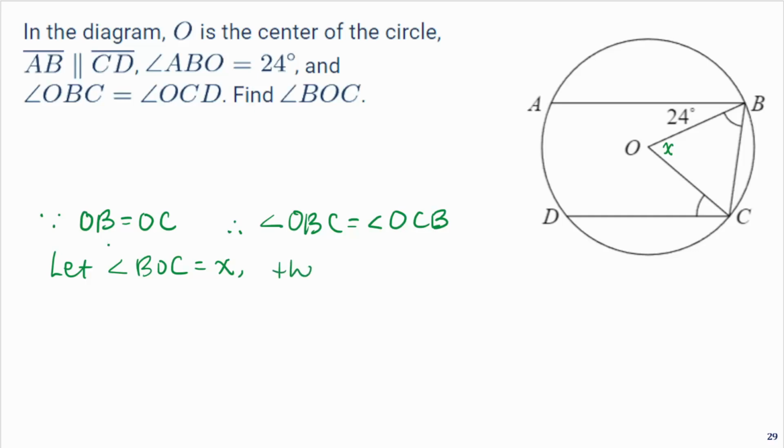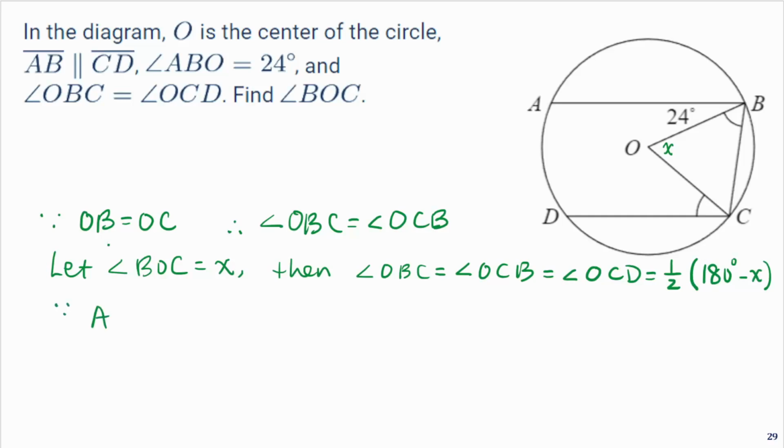We have angle OBC equals angle OCB equals angle OCD, which is a half of 180 degrees minus x, right? And because AB is parallel to CD,